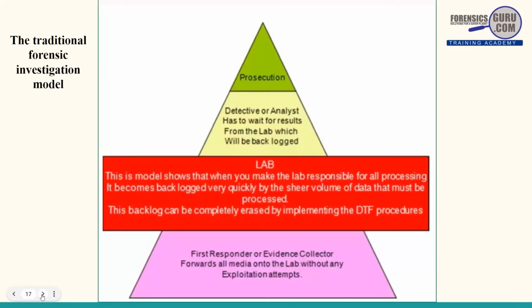All right, so now the picture which you can see right now at your screen is the model. This is the model of forensic investigation that has been in use for a long time, or the traditional forensic investigation model. So ये quick explanation है that traditionally earlier what investigators used to do. So पहले जो first responder होते थे या जो evidence collector people होते थे या investigators होते थे, what they used to do, they used to reach out to the crime scene and without applying any triage technology or triage